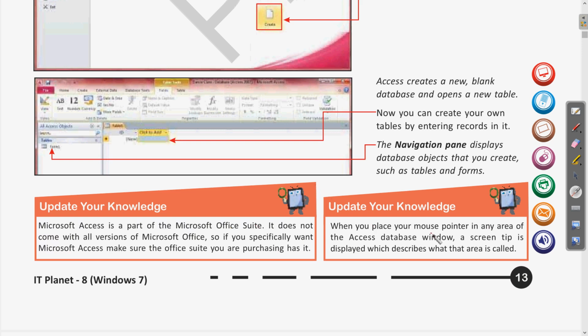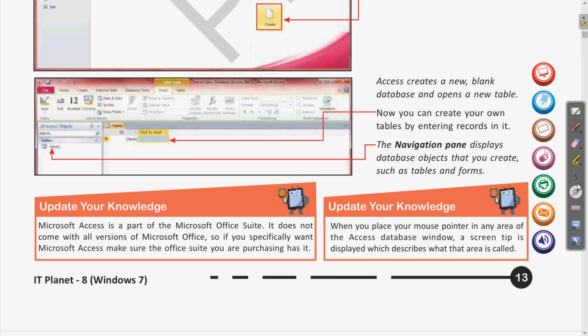Next, when you place your mouse pointer in any area of the Access database window, a screen tip is displayed which describes what that area is called. Clear? So whenever we move the mouse pointer to any of these cells or any position of this window, it gives you a screen tip by which we can identify the name of that particular element.